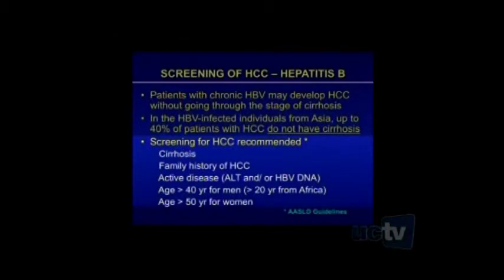So in clinical practice, I have a clinic where I see a lot of patients with hepatitis B from Asia because of my ability to communicate with many of them. And to make life simpler, I think these are just minimal requirements. I screen everybody, okay? So instead of just selectively screening them, I screen everybody. Somebody who's lower risk, say a 20-year-old with inactive hepatitis B, they're still at risk, so I screen them. Perhaps at lower frequency, maybe once a year, as opposed to every 6 months.